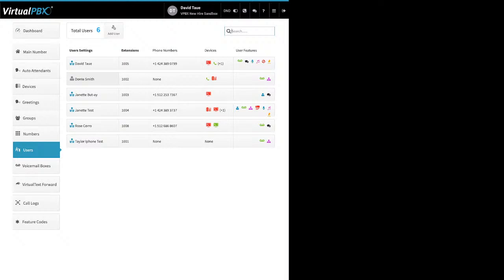So Dante here has very limited access. He's not going to be able to add users or add devices or anything like that. He can check his voicemail, he can set up call forwarding, and that's basically about it, unless he's assigned to queues, in which case he can join the queues. Up here at the top is where you would click on add user,